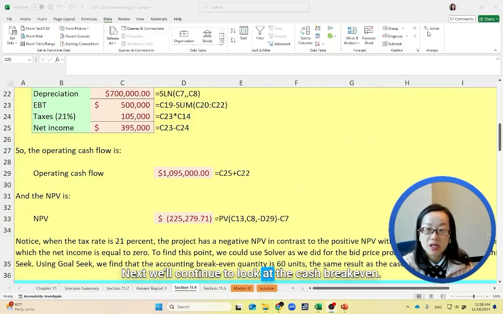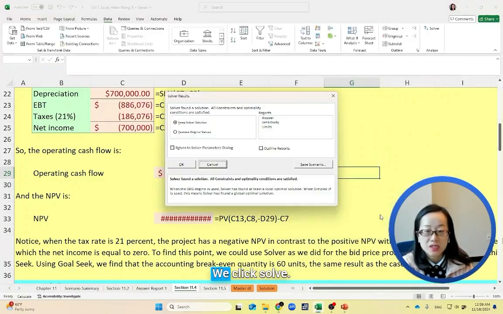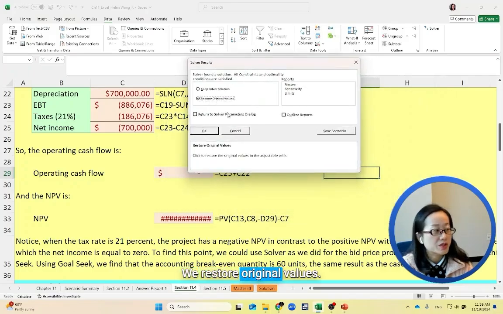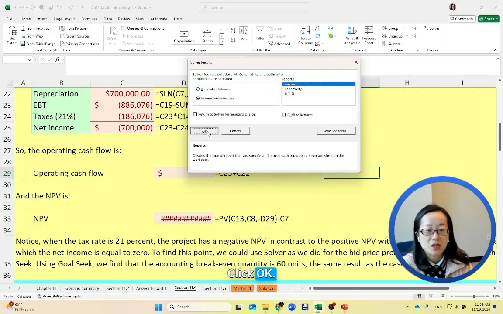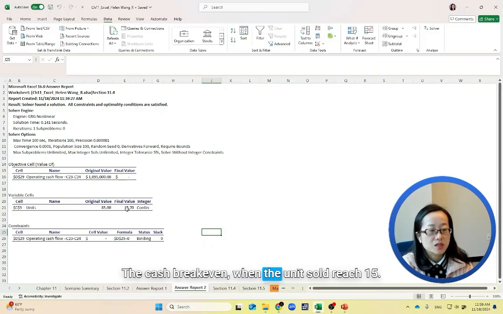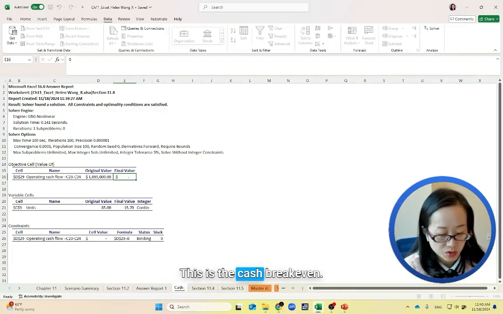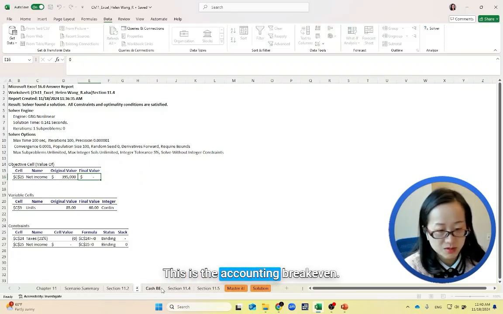That's the accounting break-even. That's 2 ways we can find the break-even point. Next, we'll continue to look at the cash break-even. We'll continue to use solver. We said the objective is D29. Change in value is C9. We remove the constraints. We click solve. We restore original values, click answer, click OK. We can have our report for cash break-even. The cash break-even, when the units sold reach 15.7, we have the operating cash flow equal to 0. We can rename the answer here. This is the cash break-even. This is the accounting